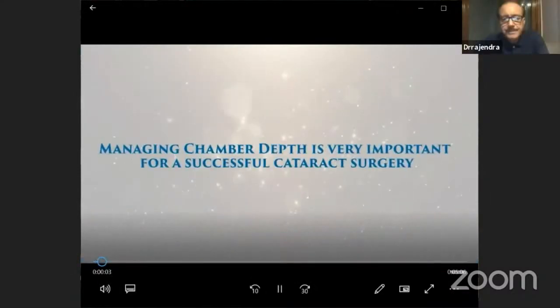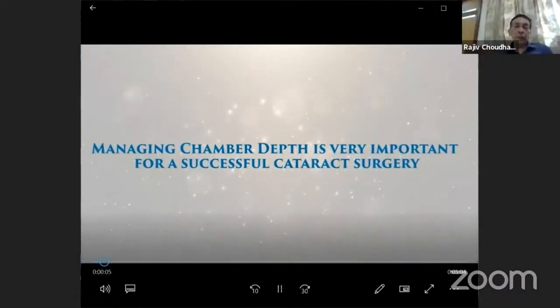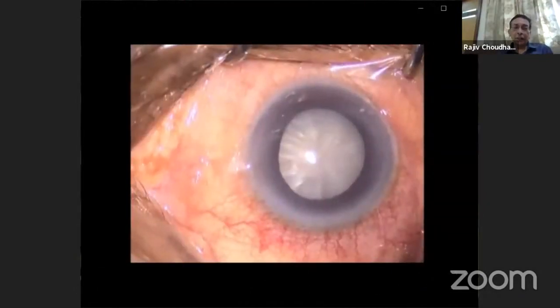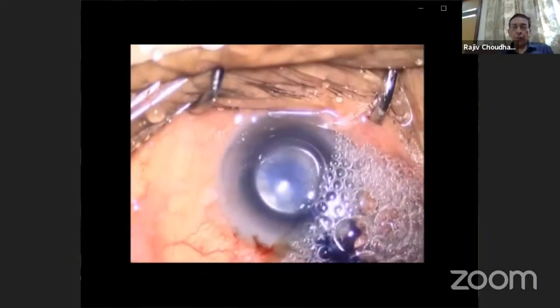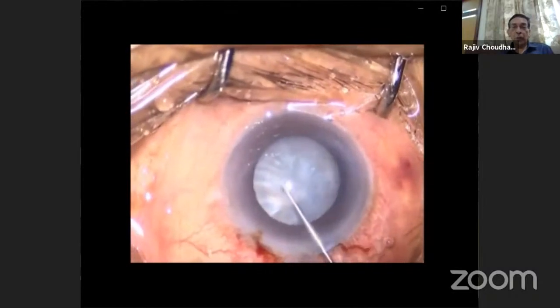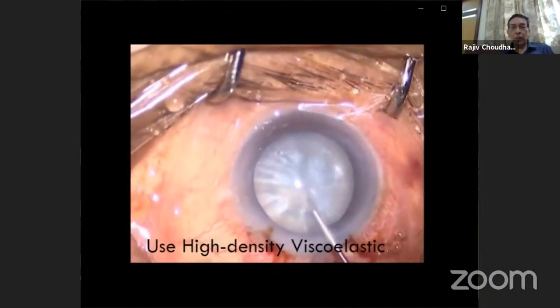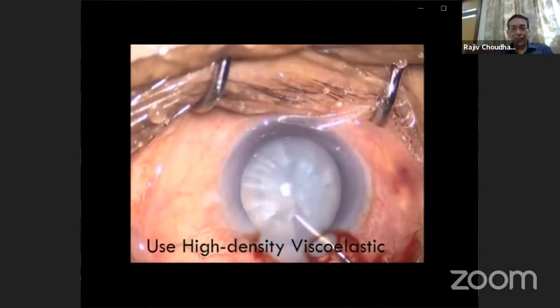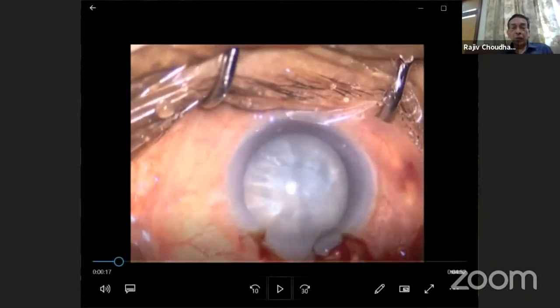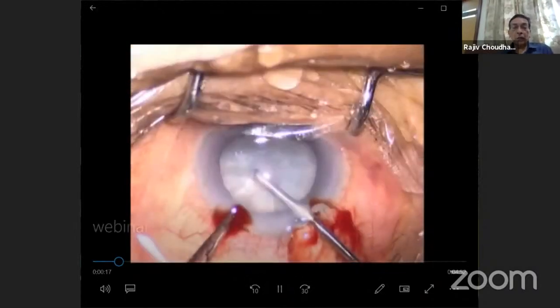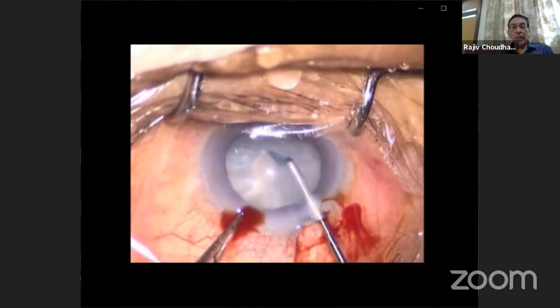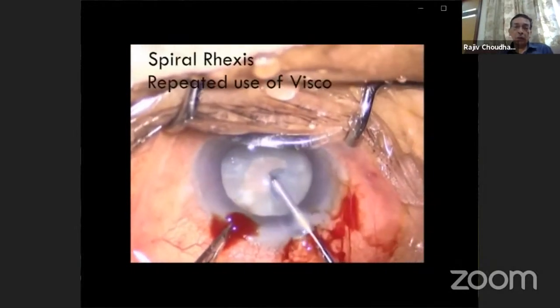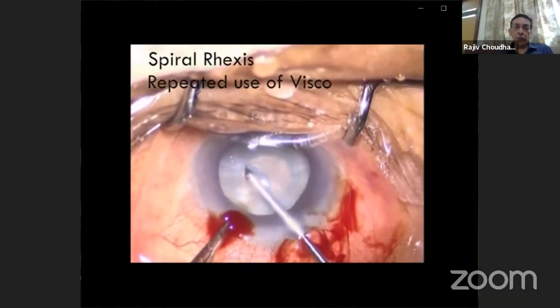Yes. So it is a basic technique, management of chamber depth in a shallow chamber, because the shallow chamber creates a problem creating the rhexis, and management of the nucleus between the endothelium and posterior capsule.